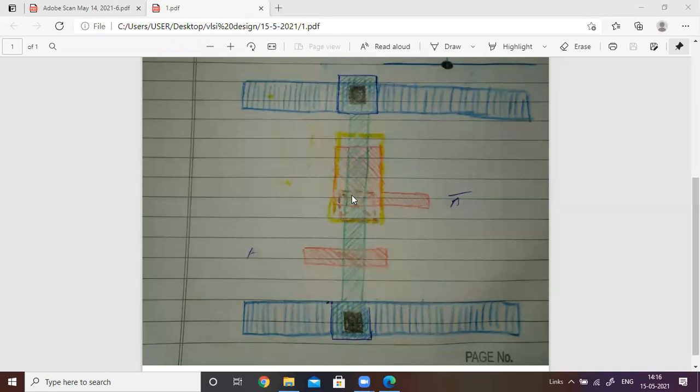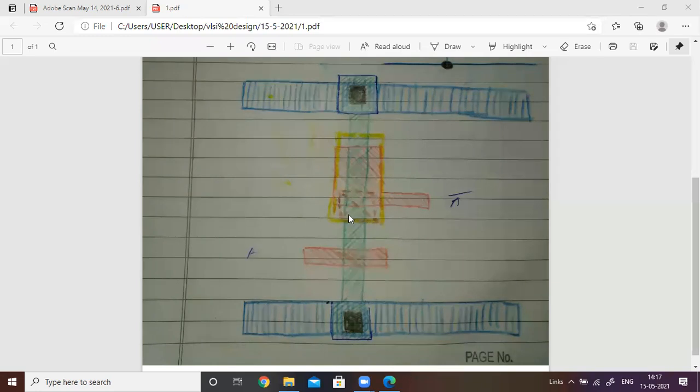The buried contact is always 4 lambda into 4 lambda dimension. Already we discussed this in the previous classes, right? That means this is the ending point of the channel. From this 2 lambda and from this 2 lambda, the width is already 2 lambda, the extension is 1 lambda, and here also 1 lambda. So totally it becomes 4 lambda into 4 lambda. Take a brown color and draw a dotted line from this boundary, 2 lambda, 2 lambda, 1 lambda, 1 lambda, like this.